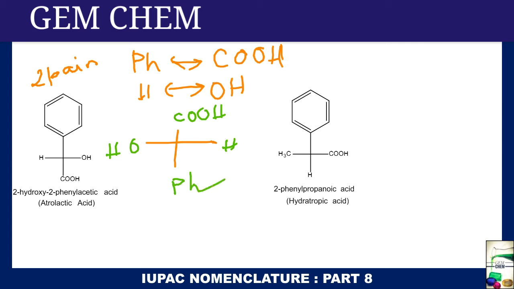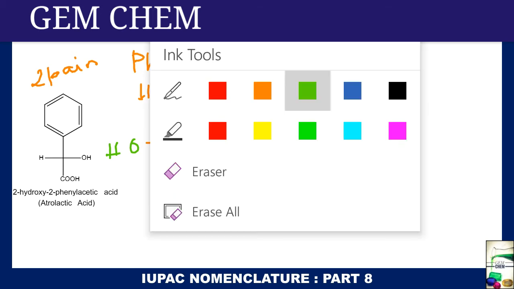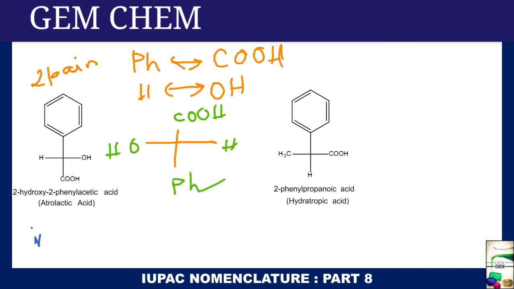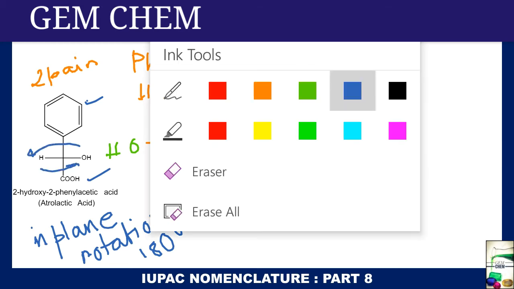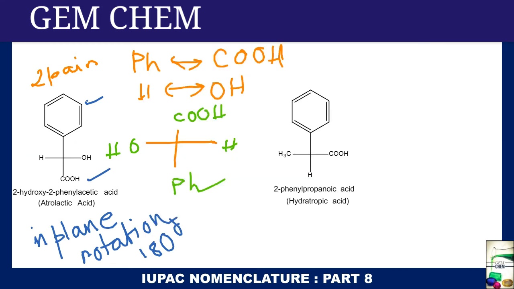Now this can also be done if we do an in-plane rotation by 180 degrees. In-plane rotation can also bring about this change. In that case, this pH comes down here, the OH goes this side and H comes this side. The same thing applies for these cases. Now let us see what the nomenclature will be. In this case, since it is present this side, we can write it as L. Now if we go for the next one, same thing.